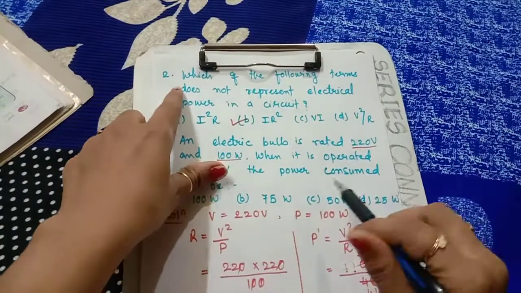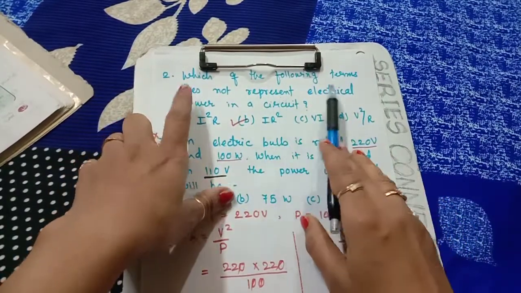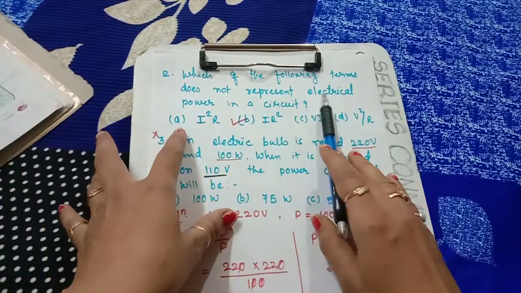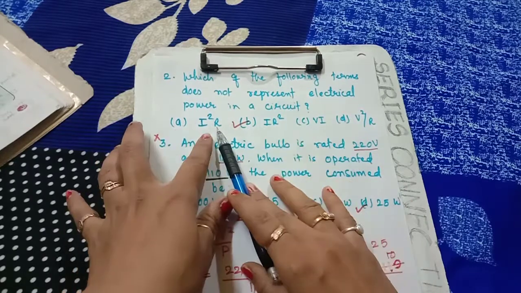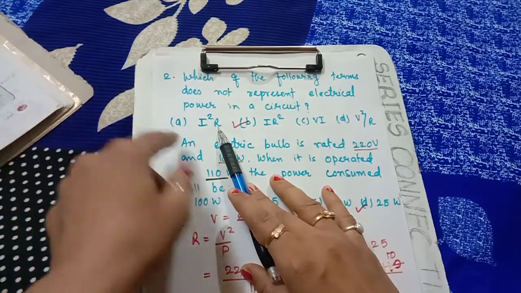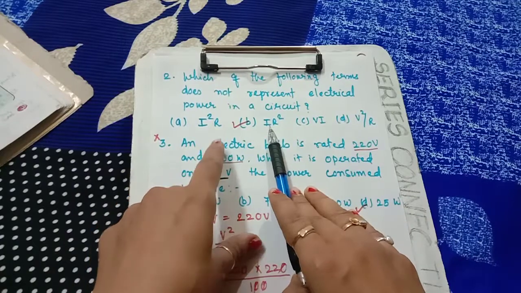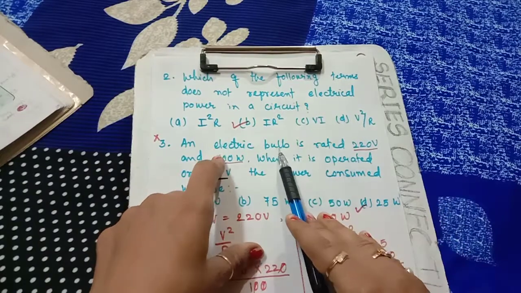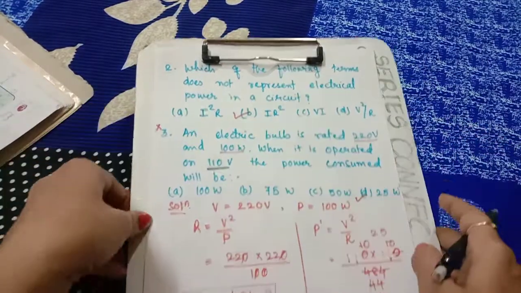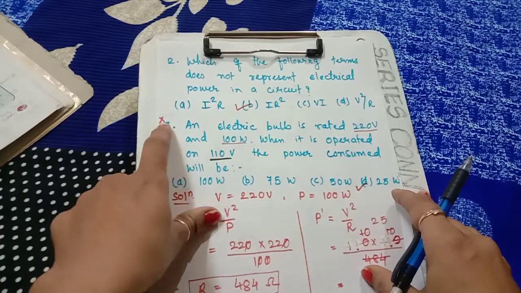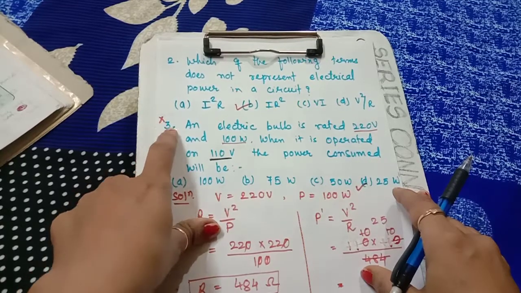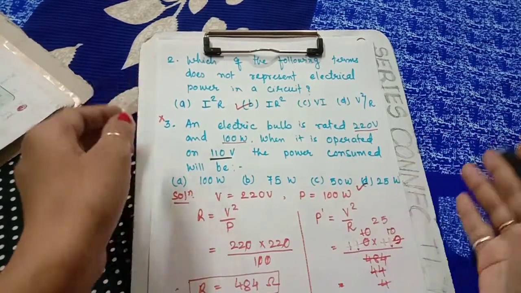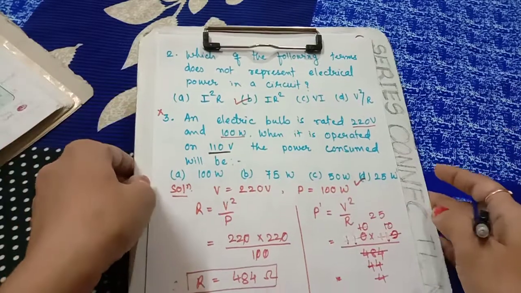This question I have written: which of the following terms does not represent electrical power? You don't have that power question, but for MCQ I am giving electric power in a circuit. So if you go through the topic power, you will get the formula. This one is not there. The question is 'does not represent', that means it is not the formula of power. So B is the answer. Another, the third, I put a cross, that means it is cut from the course. And you all will be getting a new PDF also. That is why I am doing all the sums, so if it is included in the new PDF, you can do the sums.